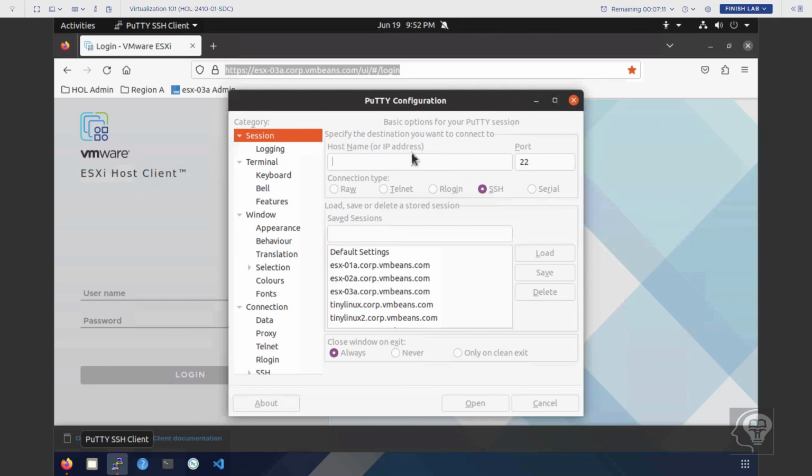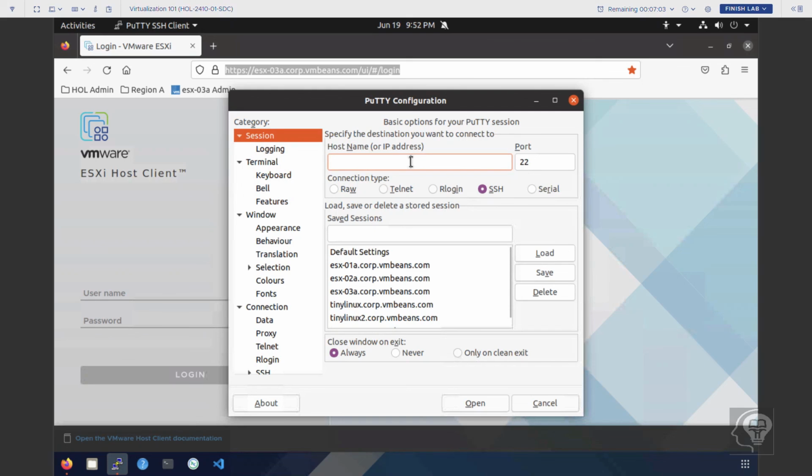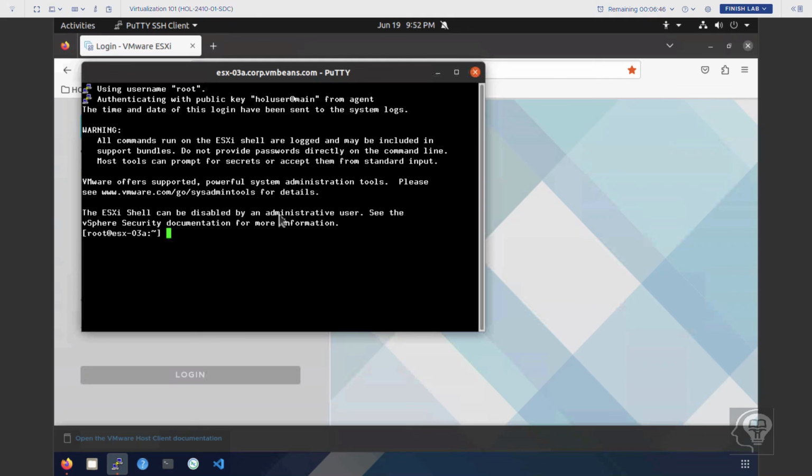So for example, I choose this FQDN, and there you go, and I click open. So you can see here that it has just been connected to the ESXi host, and it's already logged in. If SSH is disabled, you cannot log in, and it's going to give you an error in this case. So that's all for your lesson, which has provided you detailed information about the local ESXi host configuration, different components, integrations,